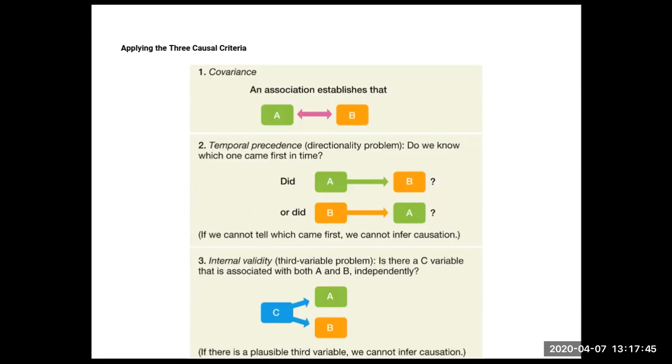And number 3, applying internal validity, is the third variable problem. Is there something else that can cause both? Is there something else that can cause a person to go crazy and stockpile the number of cats they own? Probably, right? If there is a plausible third variable, in a correlation, it doesn't matter if something else causes it. I can use another example of low self-esteem and depression. Does low self-esteem cause depression? Does depression cause low self-esteem? It's possible that one could cause the other. They could cause each other. I'm not really sure, but yes, there's a relationship between them. So again, it would work for covariance, and we don't care.